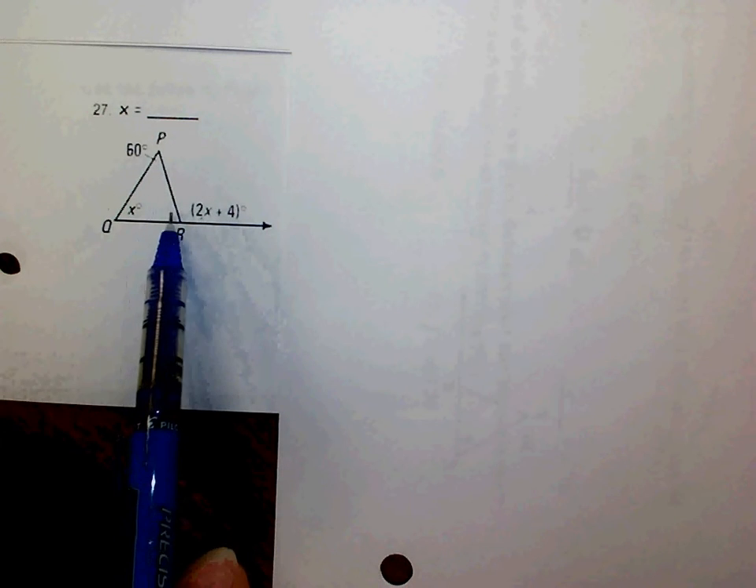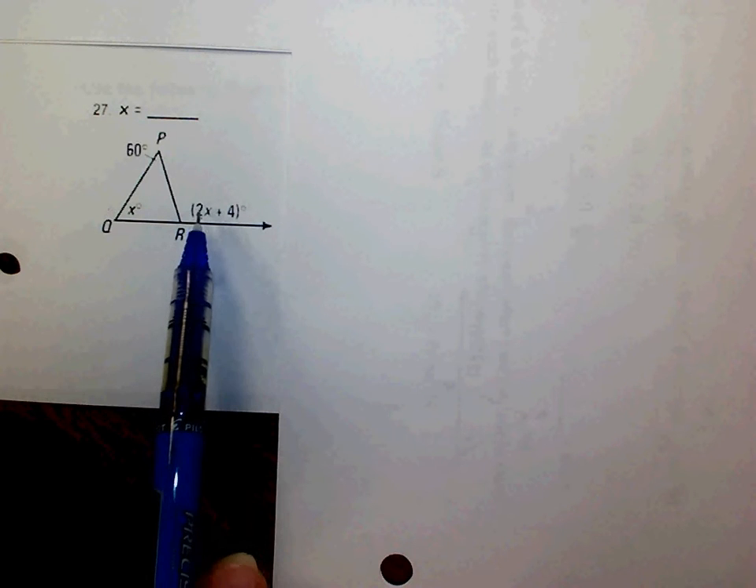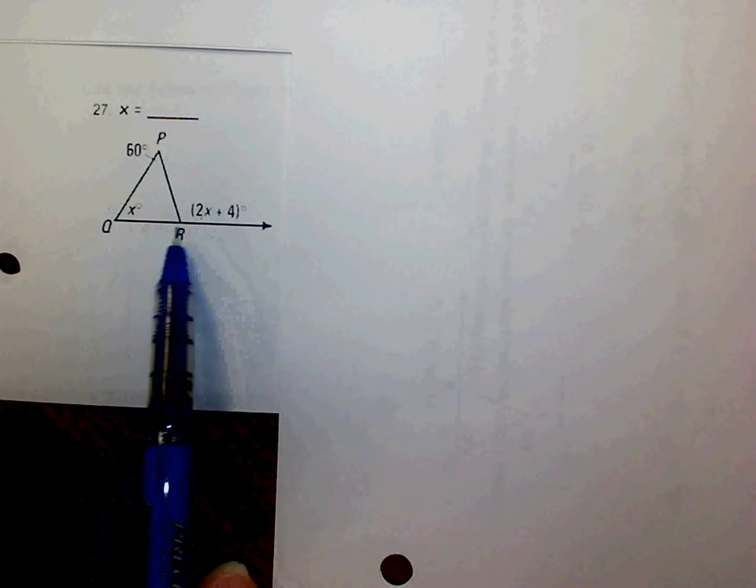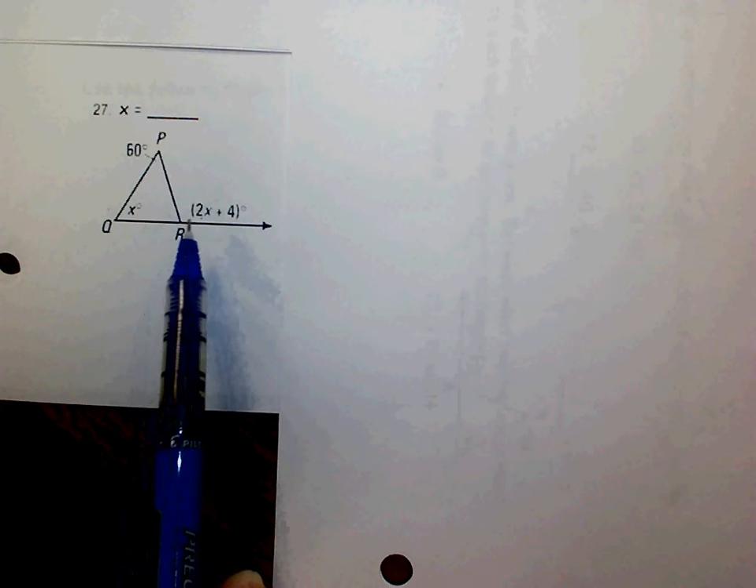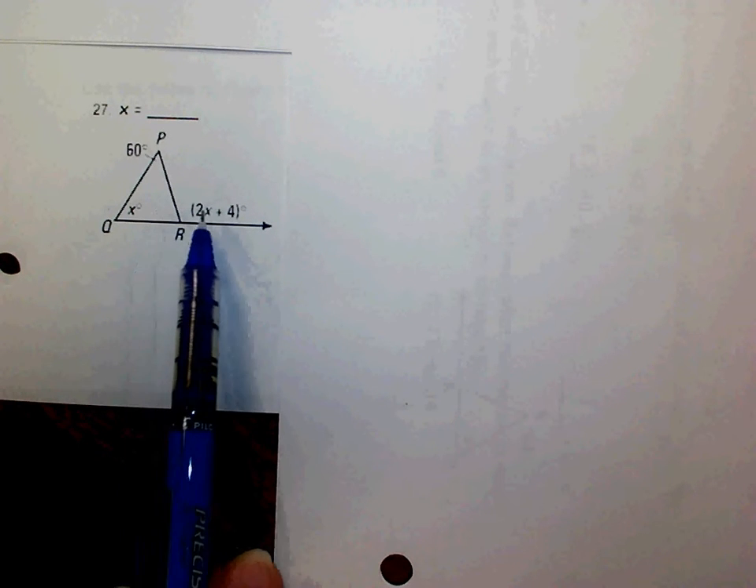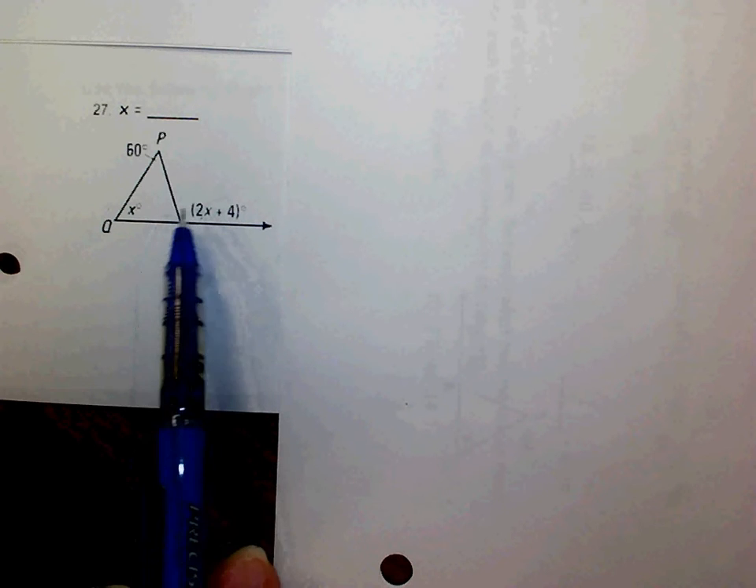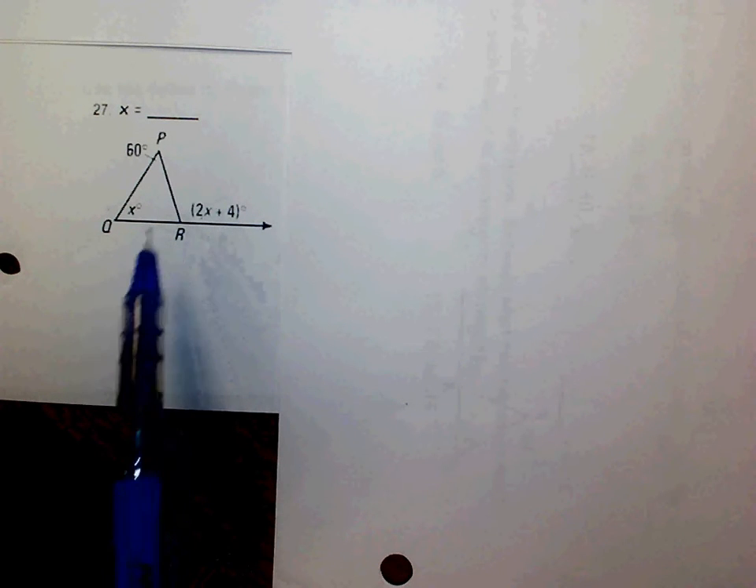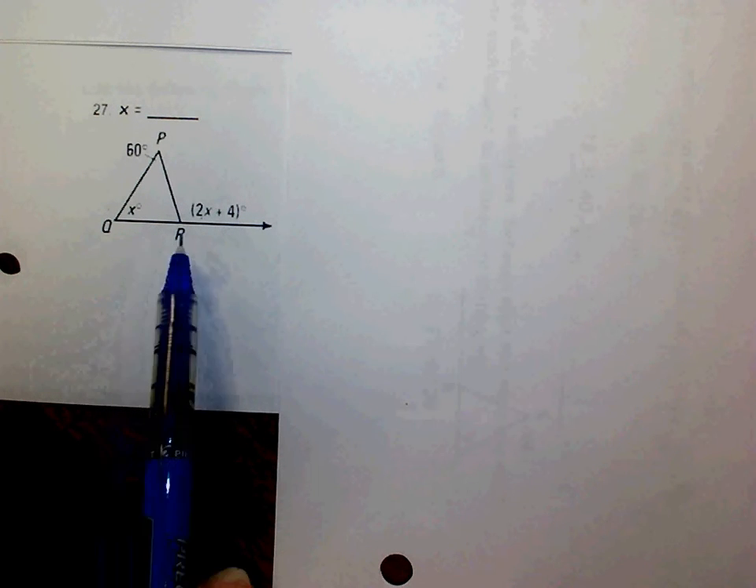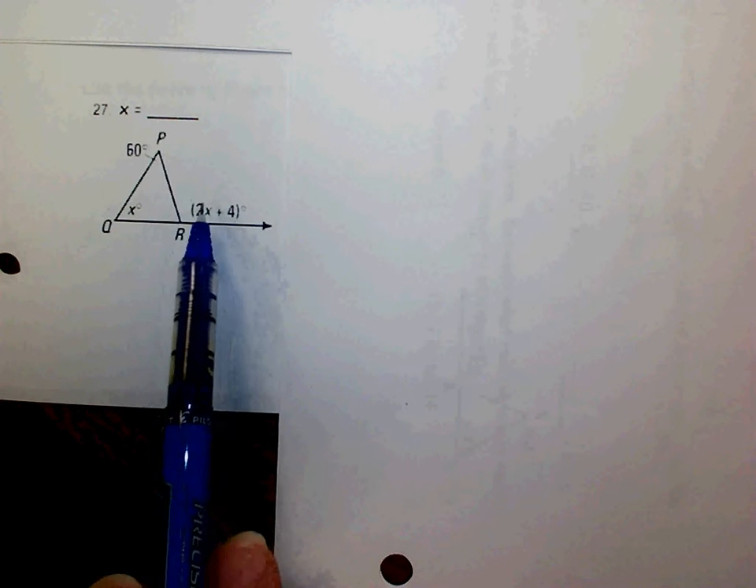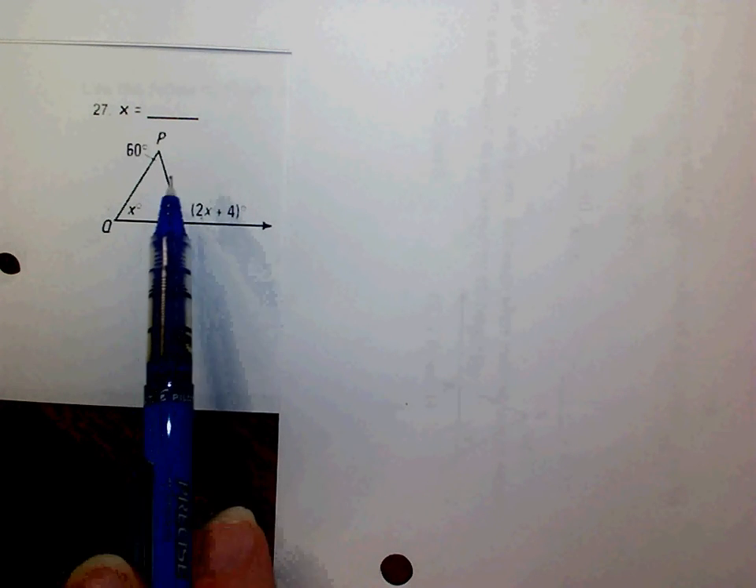Now I do know that this interior angle together with this exterior angle make a line together. So remember, by definition, those 2 angles are called a linear pair. And by the linear pair theorem, I know they have to be supplementary, which means they have to add up to be 180. So if I know this one's 2x plus 4, I can find this one by subtracting the